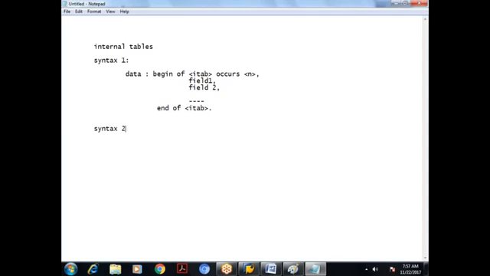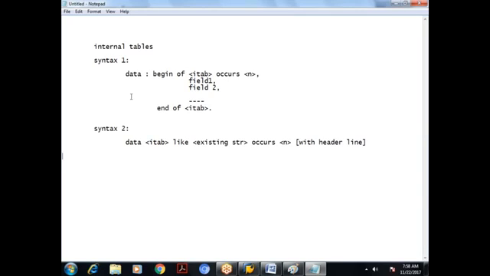Then in the second syntax, we declare DATA some internal table name like some existing structure or internal table. Then we say OCCURS n, with header line or without header line. So these are the two syntaxes we have discussed.